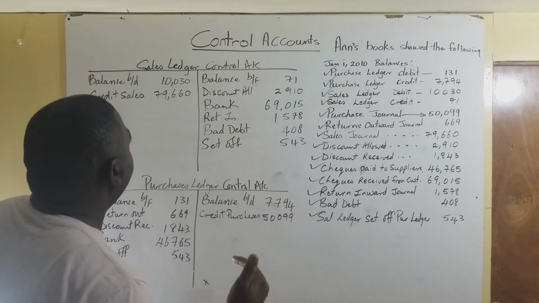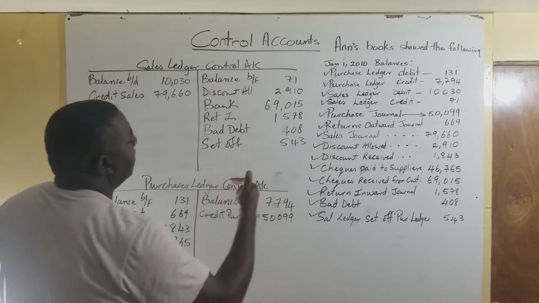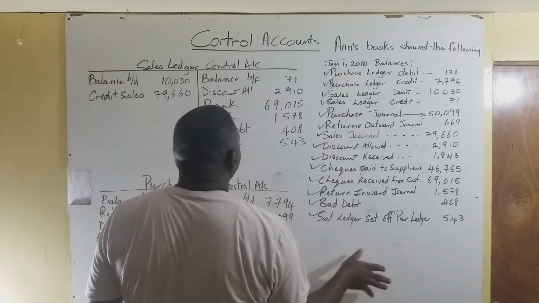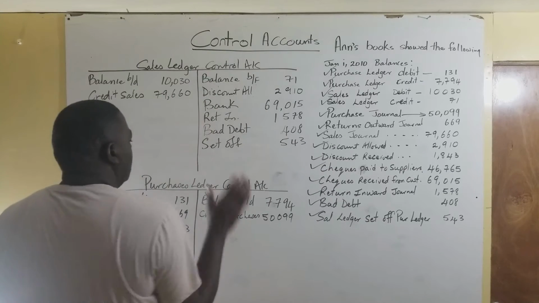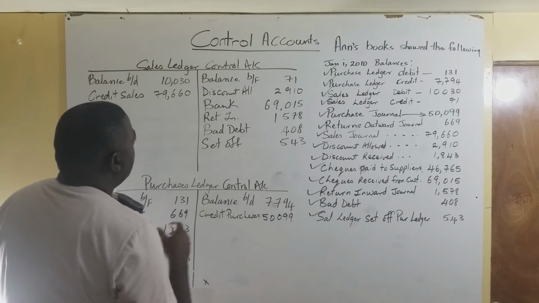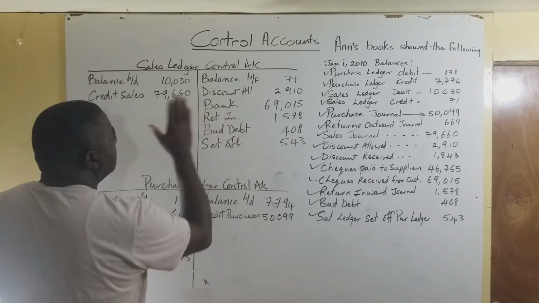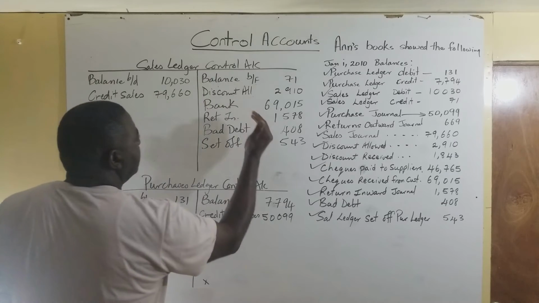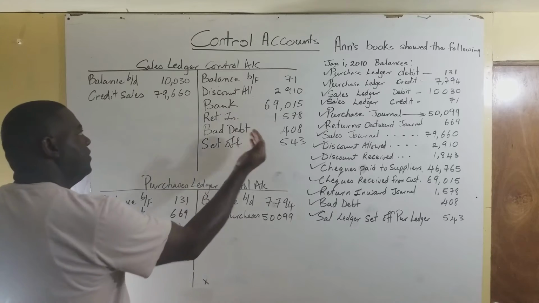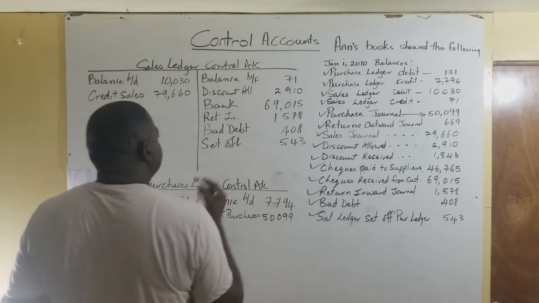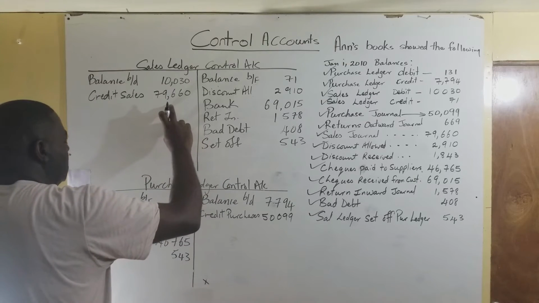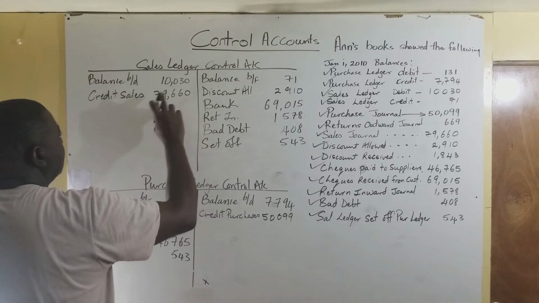Okay, now that we have transferred the information from this question to the sales ledger and the purchase ledger account, we are going to be balancing off. As usual, we compare the debit side total with the credit side total, and the figure that is smaller, we subtract it from the larger to give us the balance. When we add these, we're getting 89,